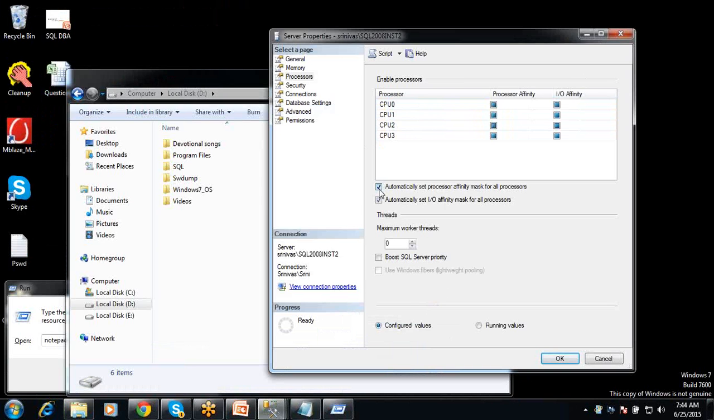Next, coming to security. If you see here under security, we have Windows and SQL Server authentication. This authentication we specified at the time of SQL Server installation. If you want to change the authentication type, you can change it here. The same concept: Windows authentication will allow only Windows users, whereas mixed authentication, that is SQL Server and Windows authentication, will allow